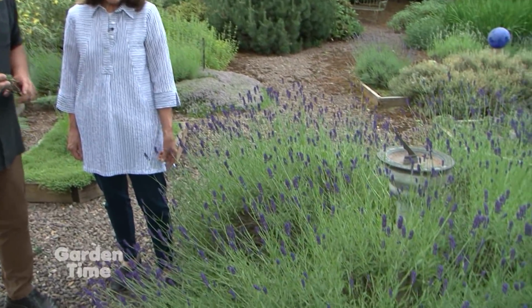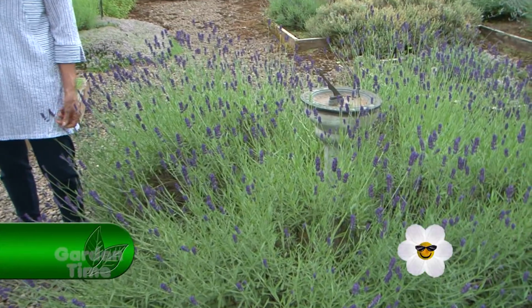Well, you know, I have to say one of the many things I love in a garden is lavender, so it's a delight for me to be here with Chris from Barn Owl Nursery, and we are going to be talking about lavender in the garden and some information about it. So let's start with this, which to me right now looks absolutely beautiful. Which variety is this? And this is English lavender, or Lavandula angustifolia